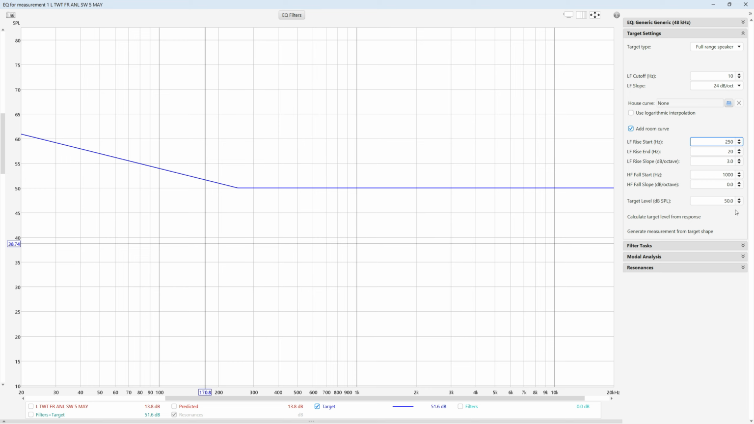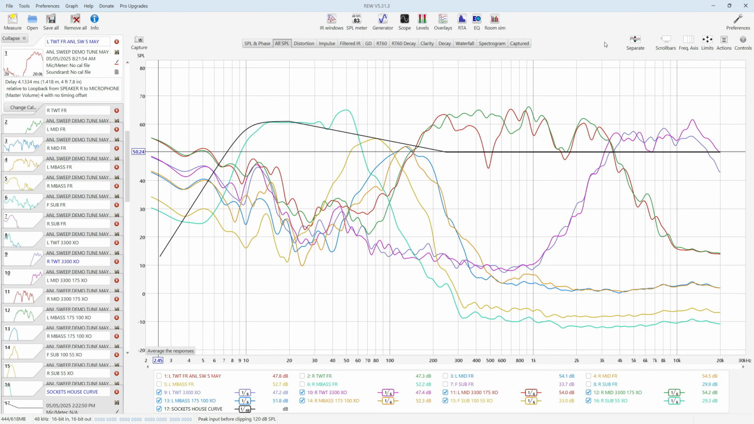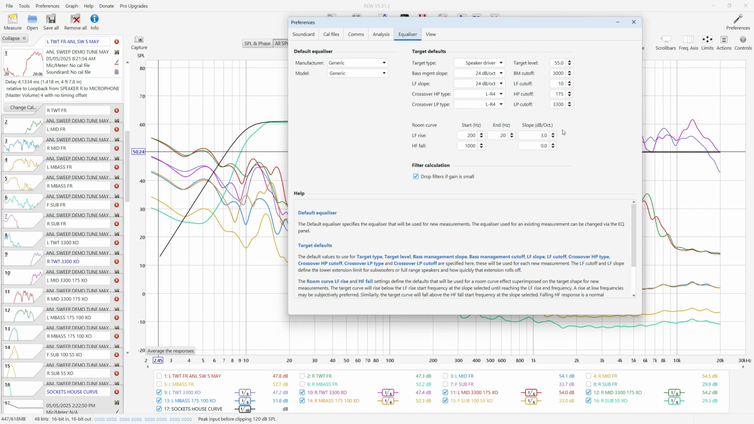So if you're running into any problems, the first thing you should do is go back and check that your settings are correct. Now, some of you that know this tool pretty well will say, but hey Socket, there's a setting in preferences where you can set all this stuff to a default, and that is correct. In the equalizer tab in preferences, you can set the management slopes and the cutoffs and all of this type of stuff as a default